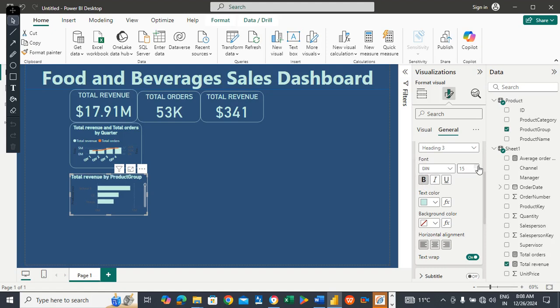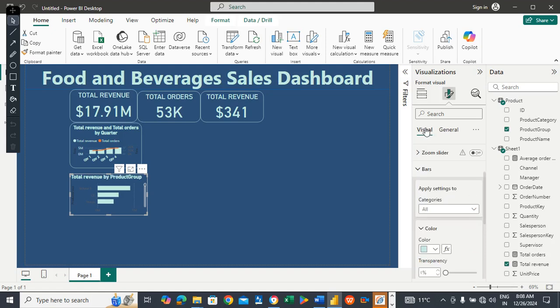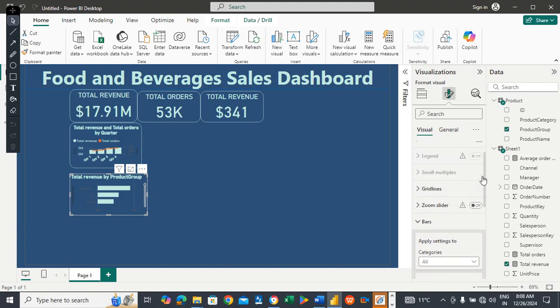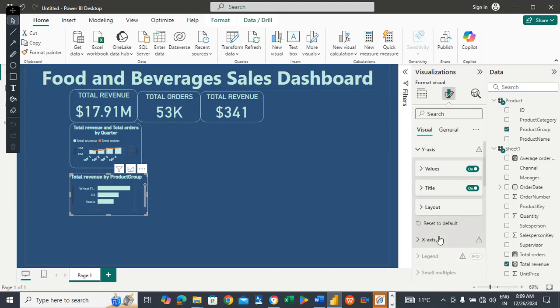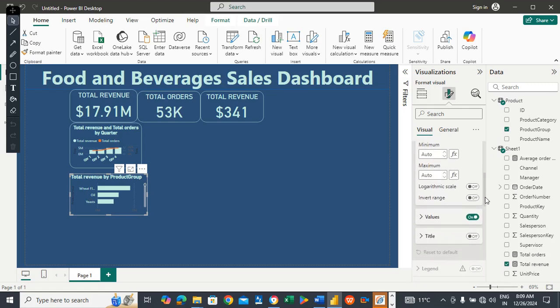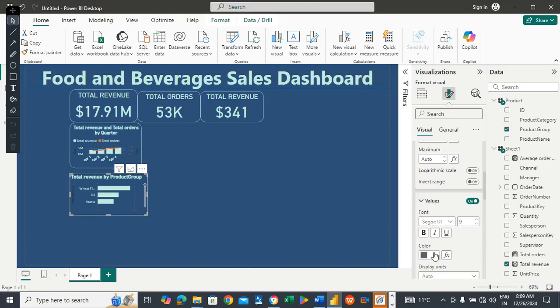We're good to go. And then I'll be doing some formatting for x-axis and y-axis. Change the color to light teal so that you can see the product group names on the left, and I'll do the similar formatting for x-axis also. Okay,